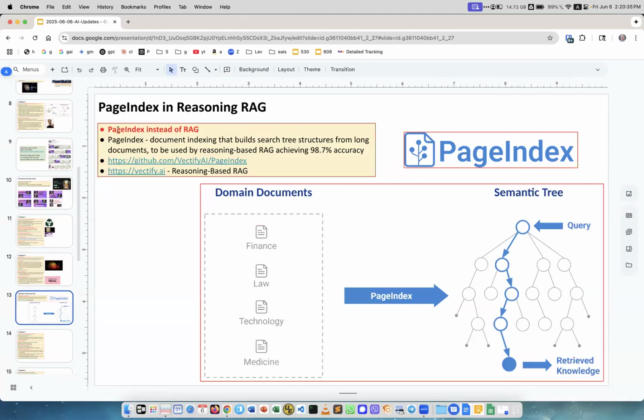Next, PageIndex in reasoning RAG. Sander, thank you for sending this. This is really interesting. So you know about RAG, which is retrieval augmented generation, and the classical simple RAG is